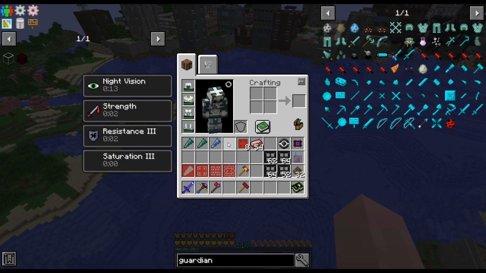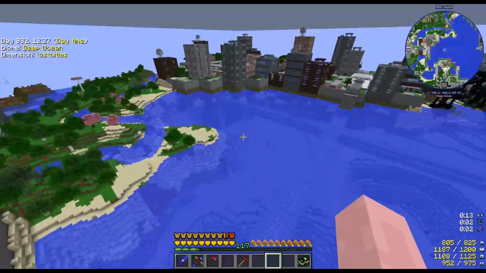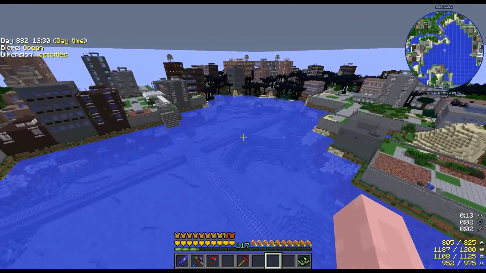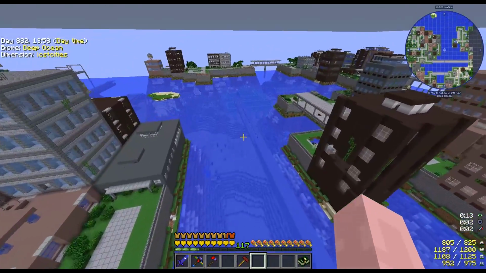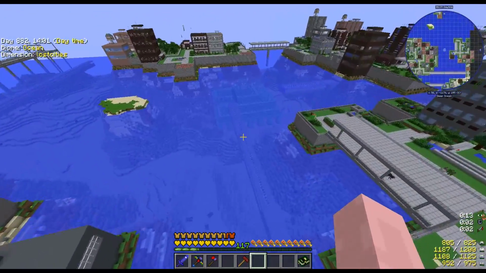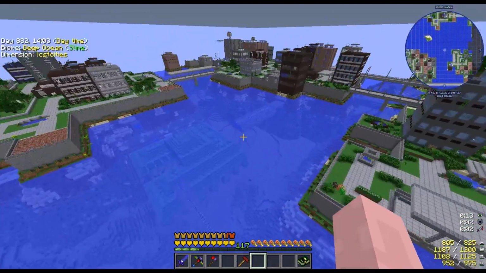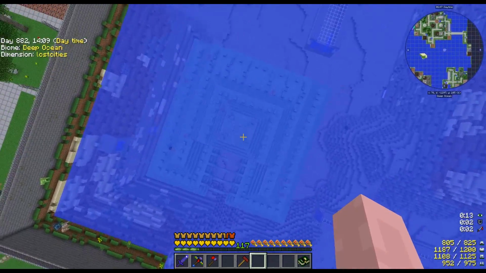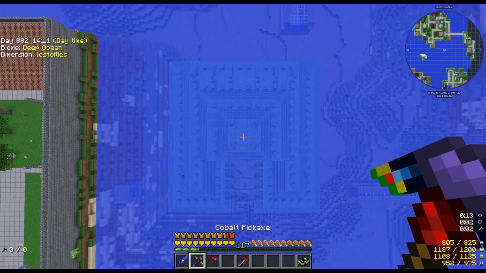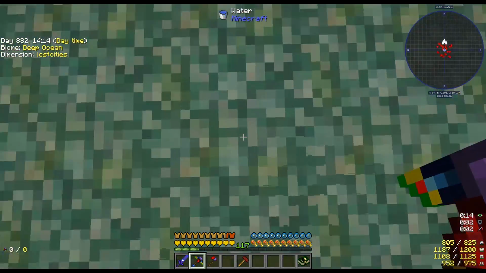But I want an elder guardian for my shard. So I'm going to find one of the temples and get an elder guardian. Here we are. We got a nice temple right here. And it looks like it killed one of the Lost City tracks. Regardless, I'm going to rush in and get one of the...